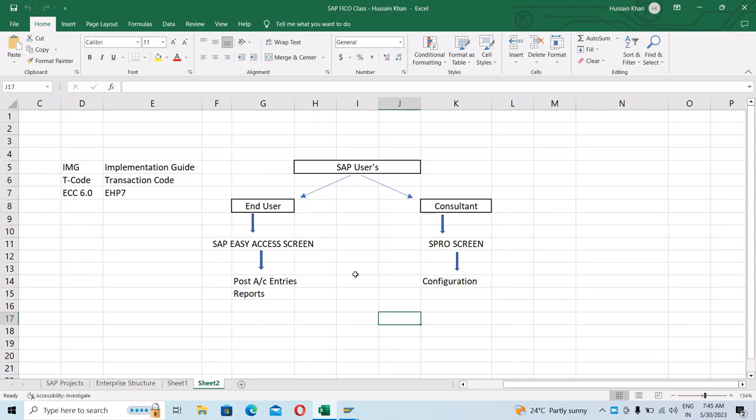Today's class we're going to discuss the SAP users. Basically, in SAP there are two types of users. One is the end user and the other one is the consultant. So we're going to see where the SAP user works and where the SAP consultant works. The SAP end user basically works on the SAP Easy Access screen and the consultants work on the SAP SPRO